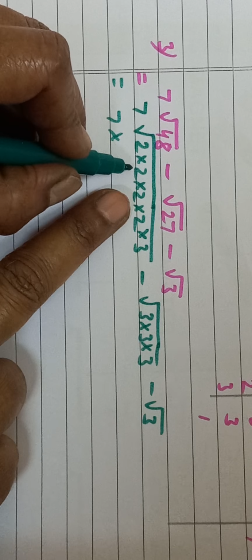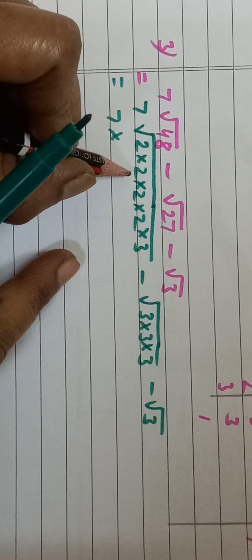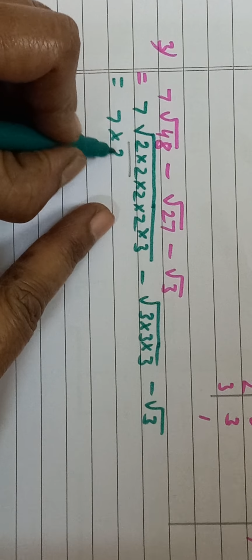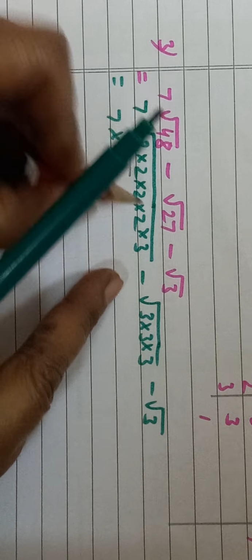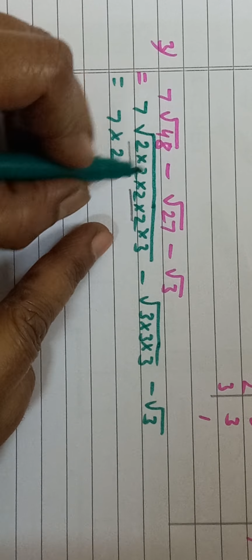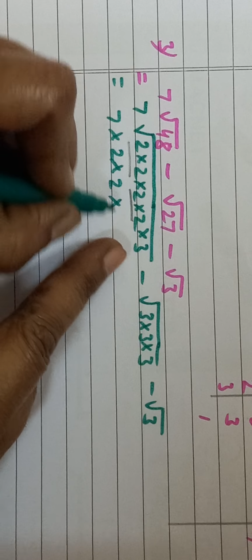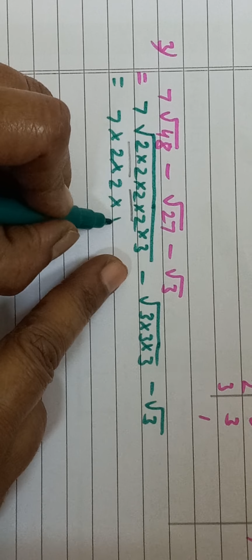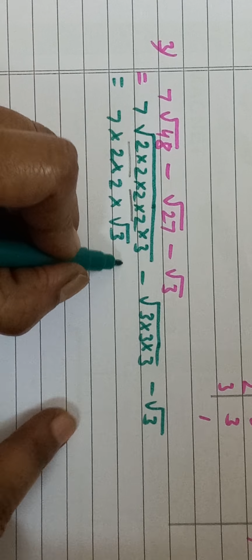radical sign, now 2 into 2 is there. So 1 2, you can, a pair is there, 1 2 you can take outside, into again this 2 into 2. So 1 2 is going to come outside the radical sign. So who is going to remain? 3. This 3 is alone. So inside the radical sign it will remain, minus.